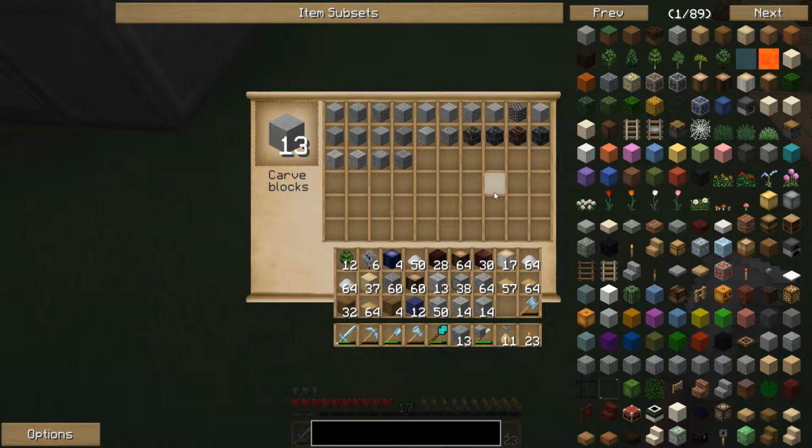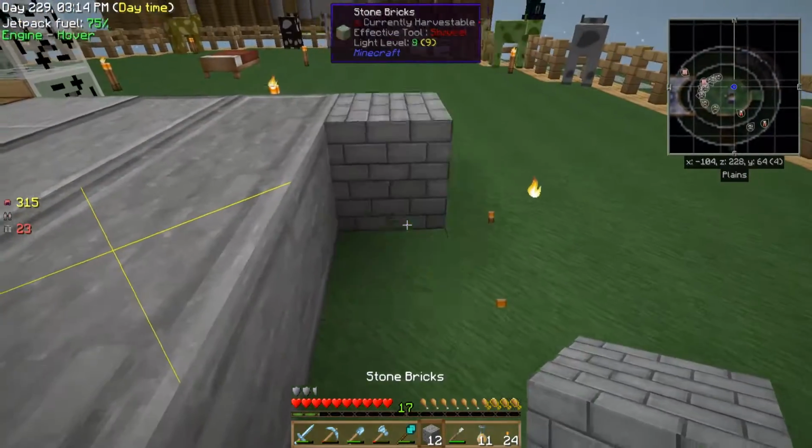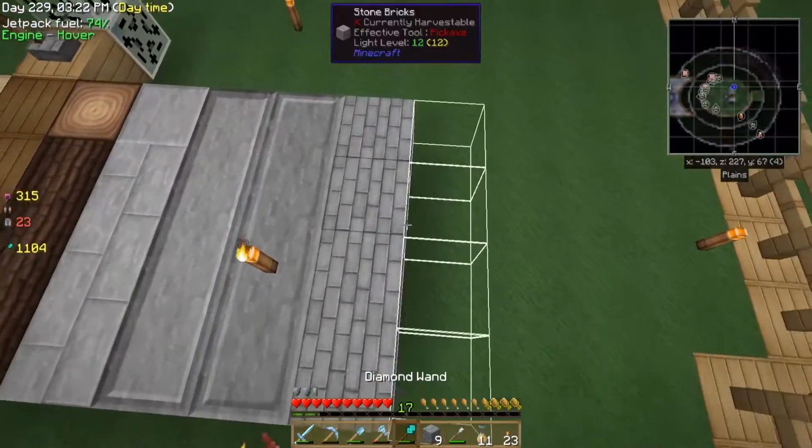I can't really see those too well. Let me go ahead and get these guys, because this is probably the most likely scenario for me. Now, we have regular stone bricks, which I do already like. Those are really, really good. And then we have...